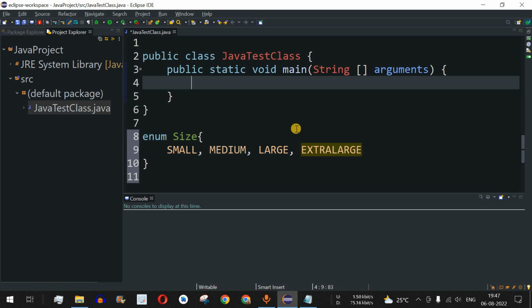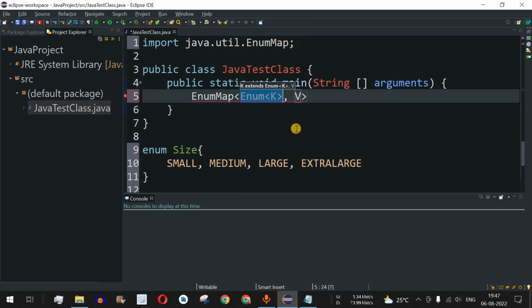What we will do is use the EnumMap over here. I'll type EnumMap, and as you can see, EnumMap is being suggested. We will use this EnumMap, and over here it is expecting an enum. This enum we have already defined as Size, so I will provide Size as the enum. Then, followed by, let's say, an Integer value that will represent the value of all the sizes, and then let's say emap as the name of the object of this EnumMap class, and then the equal to operator followed by the new operator, and then EnumMap.